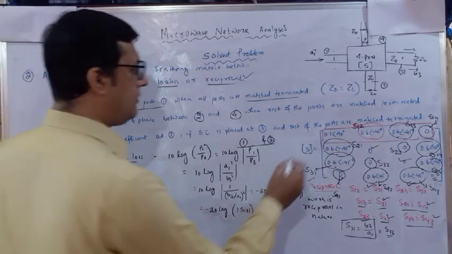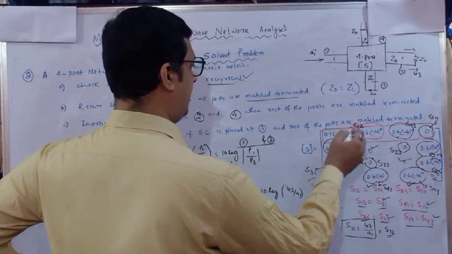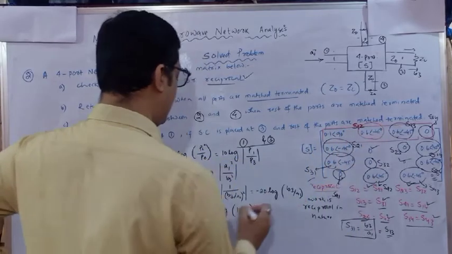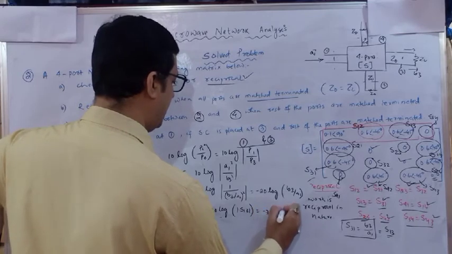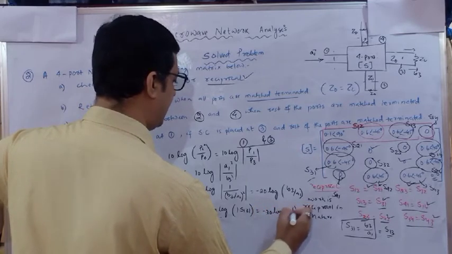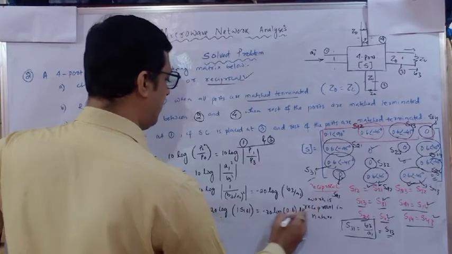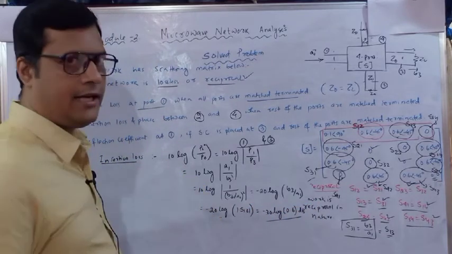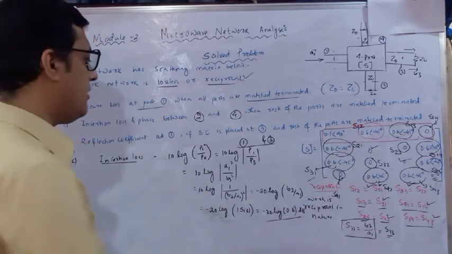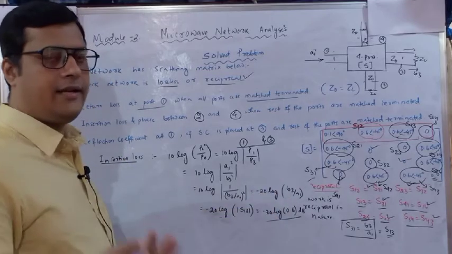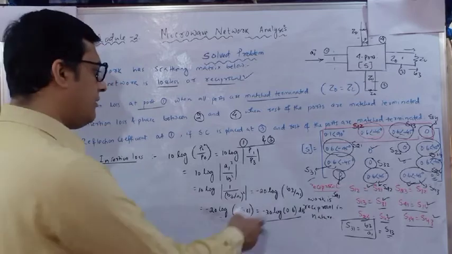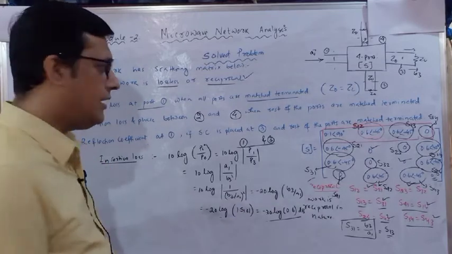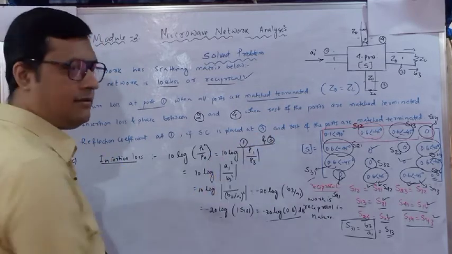Now what is S13? Check. It is in S11, S12, S13, so it is 0.6 we have to substitute: minus 20 log of 0.6 dB. You calculate it with the help of a calculator and it will be a plus term, because the 6 by 10, again the 10 will go to the numerator, minus minus will cancel out and you will get a positive value. So this is with respect to 1 and 3.